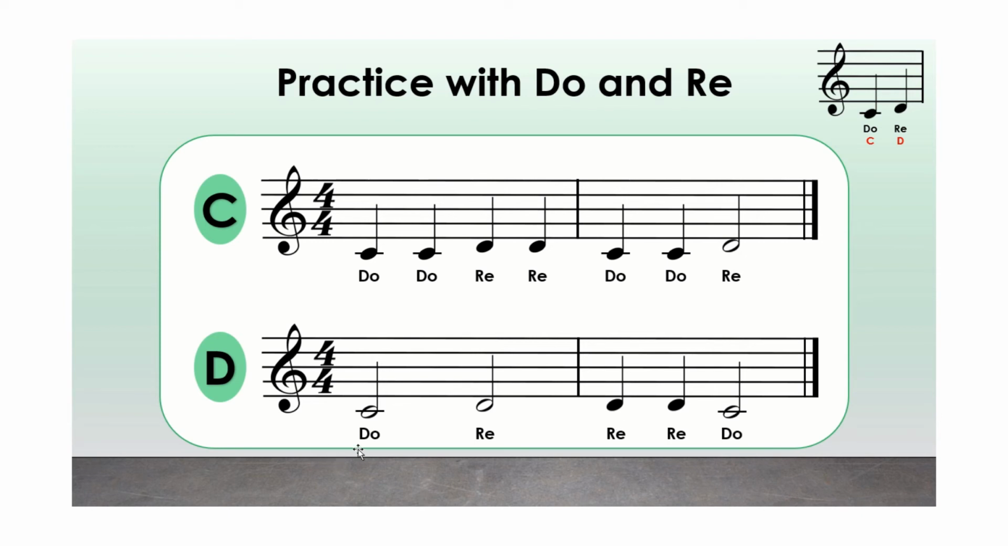And now let's look at letter D. A half note on do, move up to re, hold that for 2 beats. We stay on that note, re, quarter notes, and then we step down to do for 2 beats. So let's try this one. 1, 2, letter D, here we go. Do,